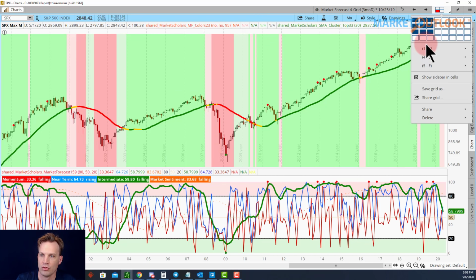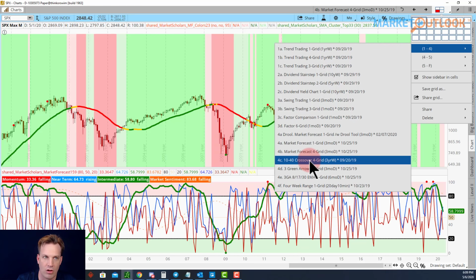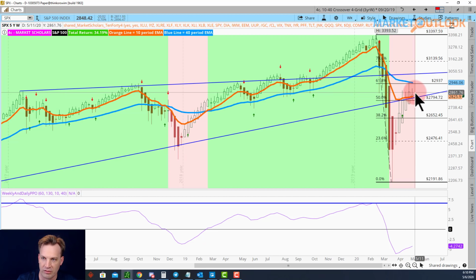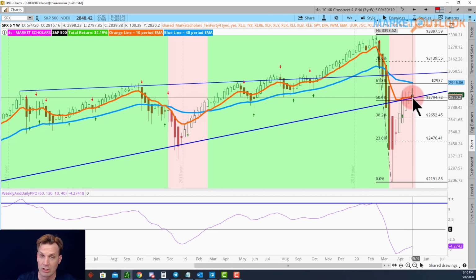All right, let's get back to the charts here. Let's take a look at the long-term chart, the weekly chart for the S&P 500. Again, it's this concept of getting a higher high, a higher close, and no lower shadow. And so far, we're failing at all three. We had a pretty decent move yesterday, but we've erased that. Now we've got 2 more days left, but it's looking more and more like that's going to be a transition